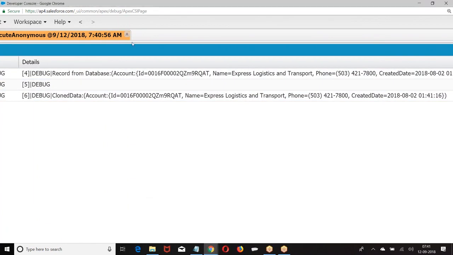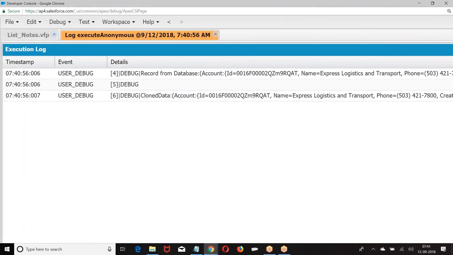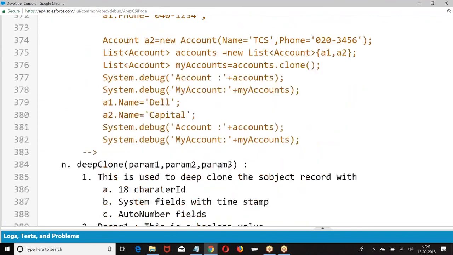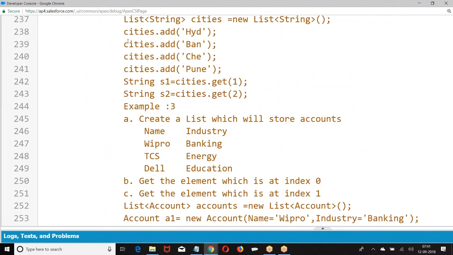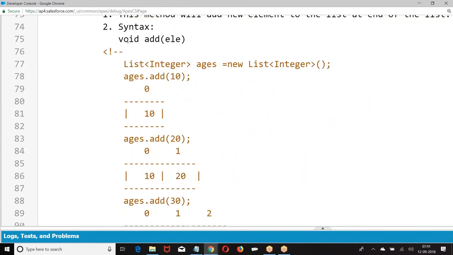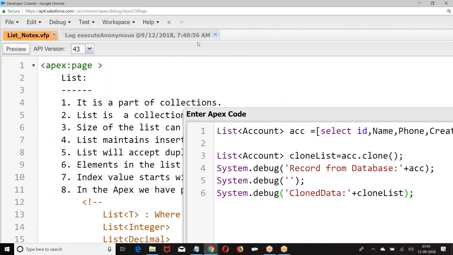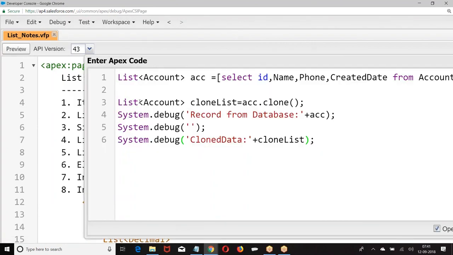Now I am applying here. Go back to the next. Clone. Go to the next. List of clone list equal to acc dot clone. The same thing I'm applying here.